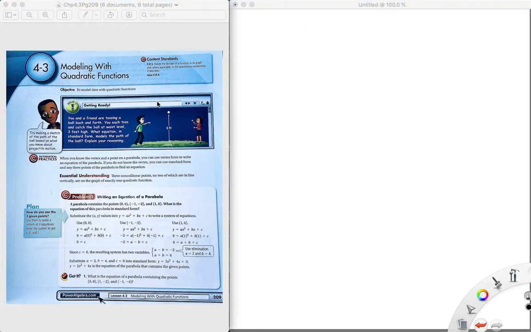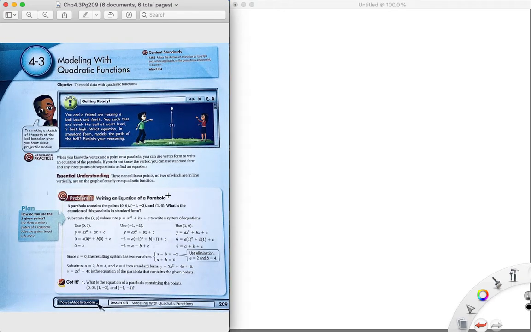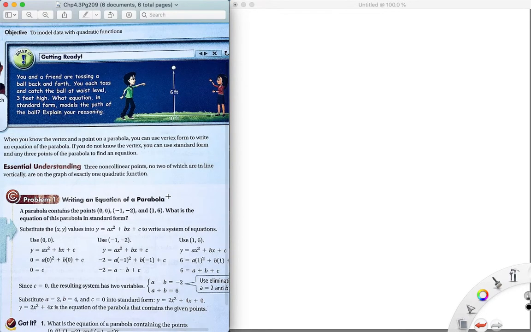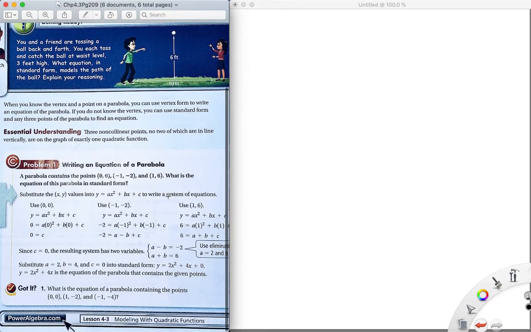All right, Algebra 2, Section 4.3, Modeling with Quadratic Functions. So this one is a little bit easy and hard at the same time, in that we're going to find the coefficients for quadratics. So here we have a situation where they want us to find the equation for a quadratic given 3